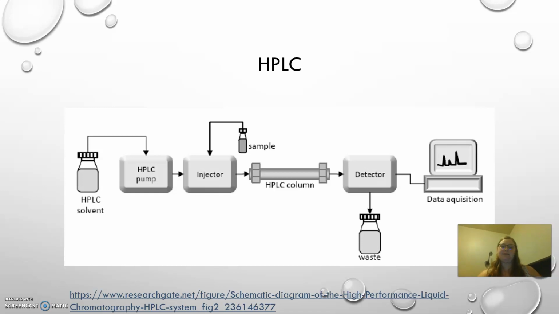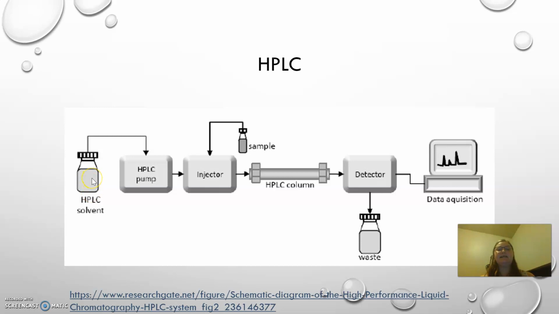Now, high-performance liquid chromatography is pretty similar to gas chromatography, but in this case, the mobile phase is a liquid. In the cases of enantiomer separation, what they really wanted was normal chromatography instead of reverse chromatography. What this just means is that the mobile phase is nonpolar and the stationary phase is polar. For this particular experiment, what they used was n-hexanol as an organic and nonpolar solvent.